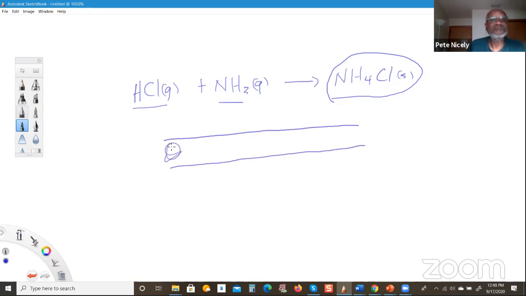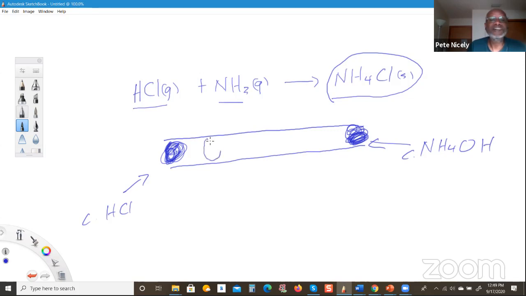And one end of the tube was plugged with cotton containing concentrated hydrochloric acid, and the other end of the tube is plugged with cotton, which is soaked with concentrated ammonium hydroxide. And then when you sit for a while, what you'll notice is that you're going to see a ring,